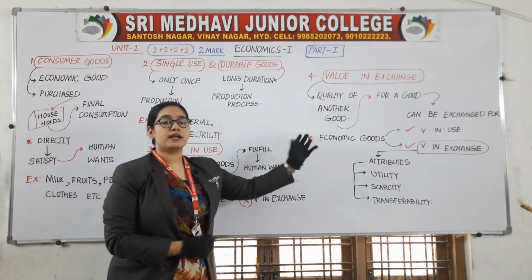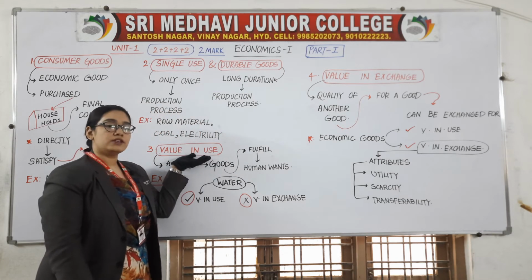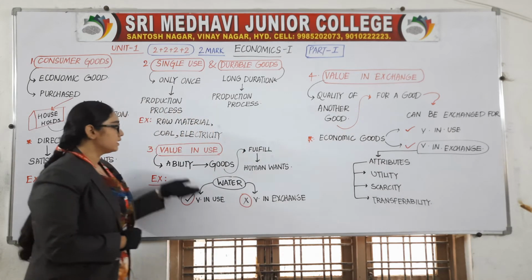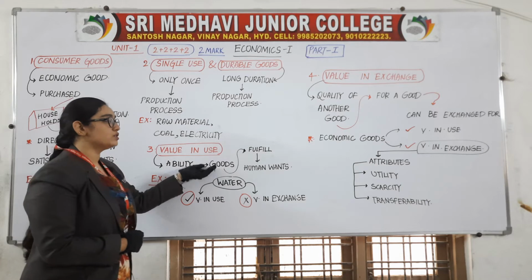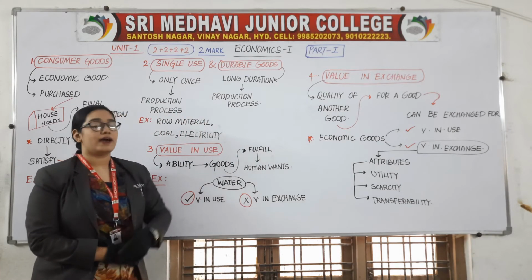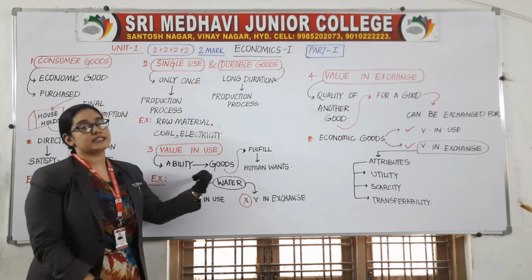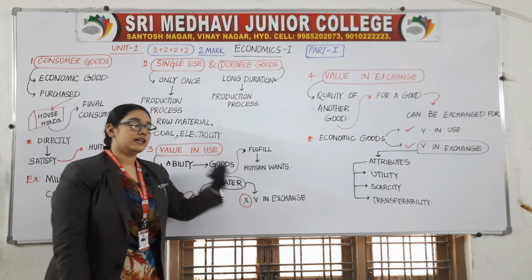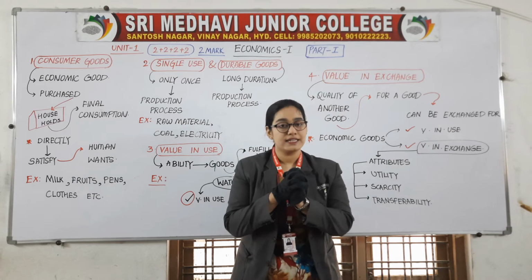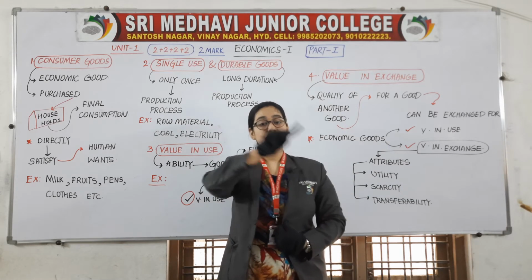Third and fourth one are interrelated with each other. What are they? Value in use and value in exchange. The ability of goods to fulfill human want is the meaning of value in use. What is value in use? It refers to the ability of goods to fulfill human want. If a good is having the capacity to satisfy your want, then we say that that good is having value